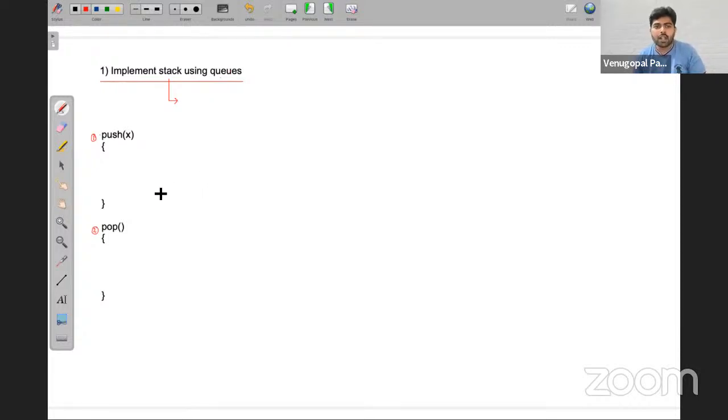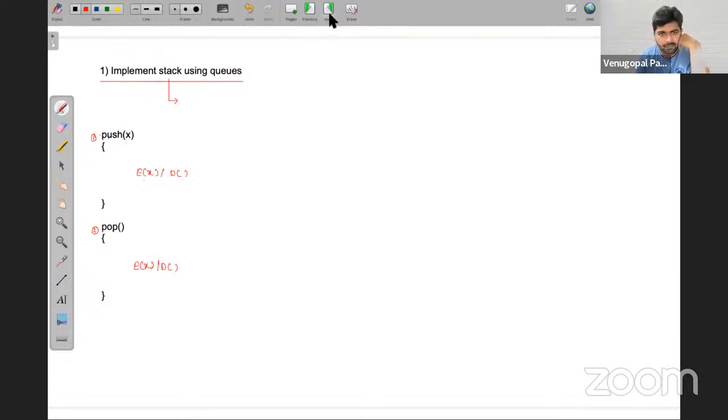And we know what operations we can apply on the queue. You can do either the enqueue operation or the dequeue operation. Which means you can use any number of enqueue or any number of dequeue operations, but you have to implement push. Similarly, pop also you have to implement. Inside, you can use any number of enqueue operations and any number of dequeue operations, not a problem. But you need to implement push and pop so that we can call it an implementation of a stack. Now, let us see how it will work.